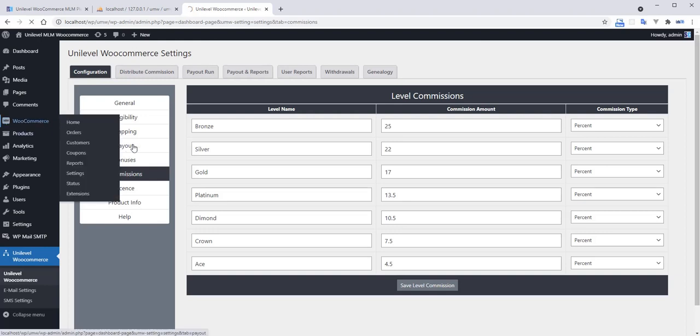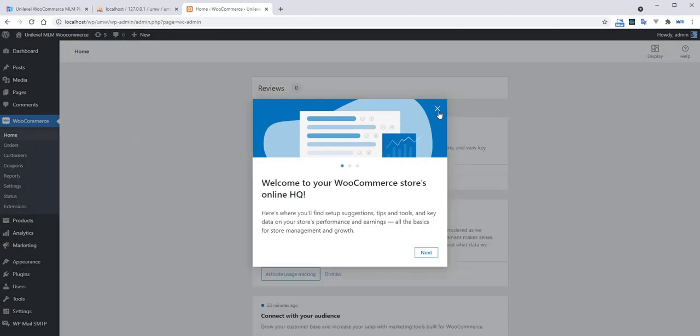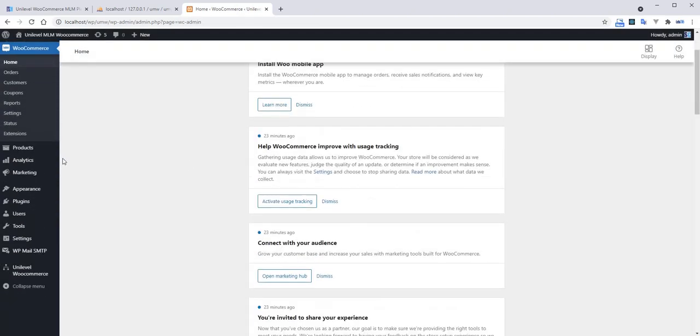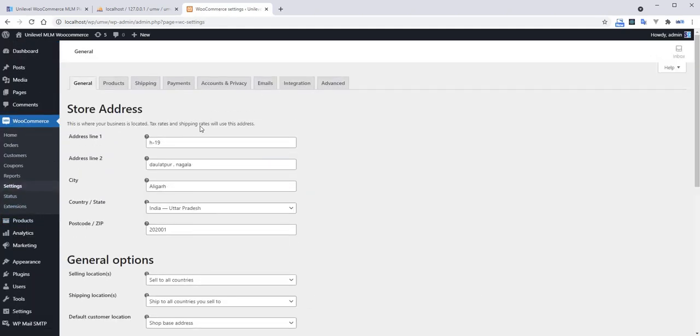There are three types of registration by which we can register as a member. Let me explain first. One is the simple registration form, through which the member registers directly as a Unilevel MLM member.